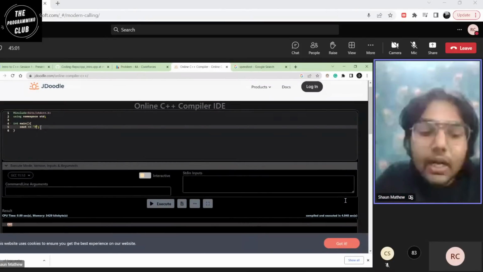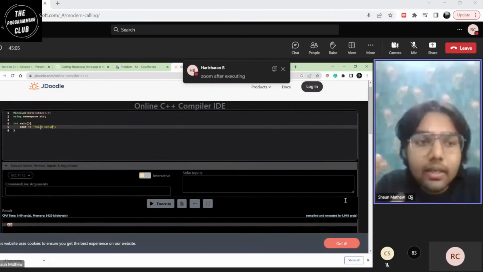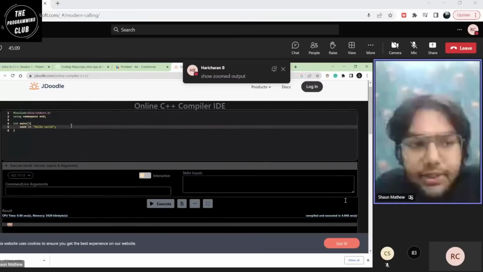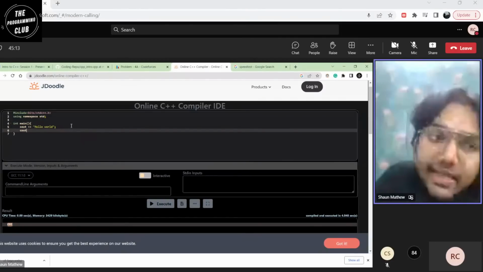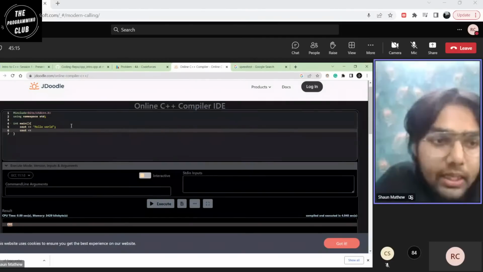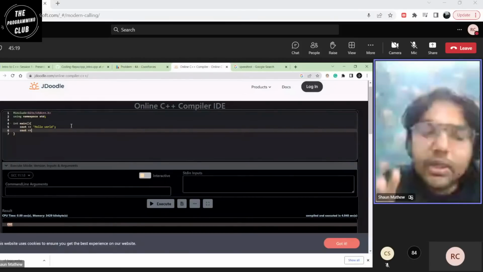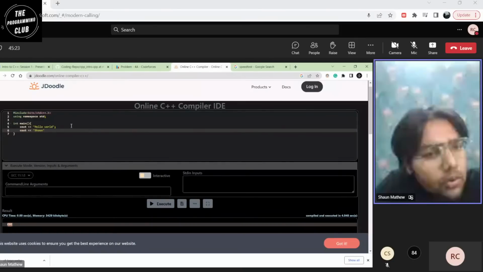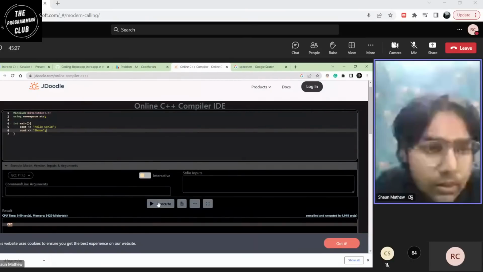What in general programmers print is the hello world. Hello world is a standard string that we print. Suppose I want to print some more stuff. Suppose I want to print out my name. So again, a very similar syntax. cout, double left opening angular brackets. Then I print out my name, which is Sean, and I again close my statement with a semicolon. So again I press execute.